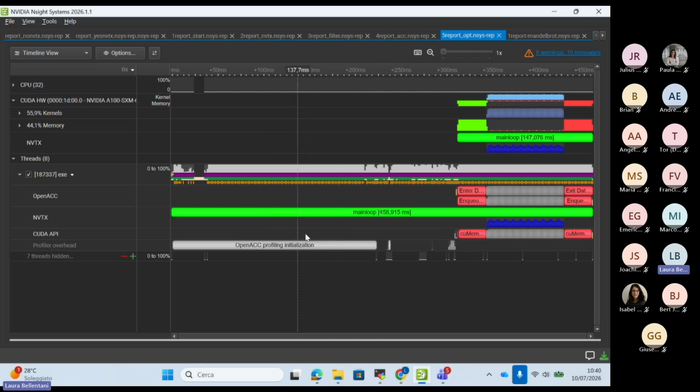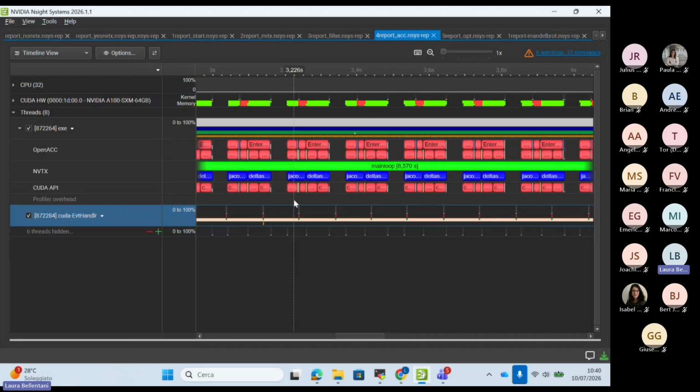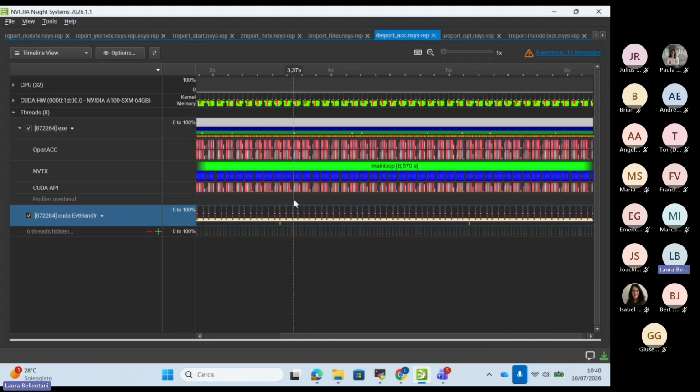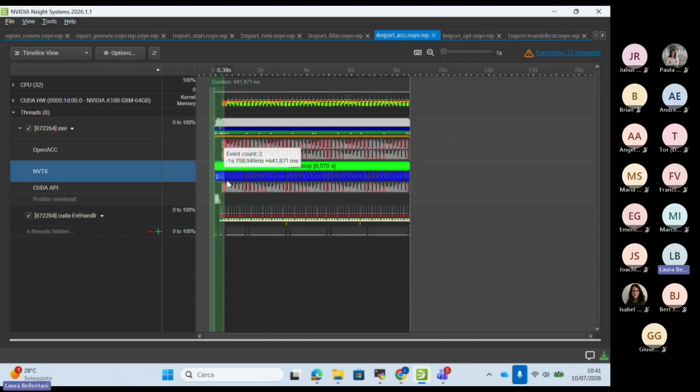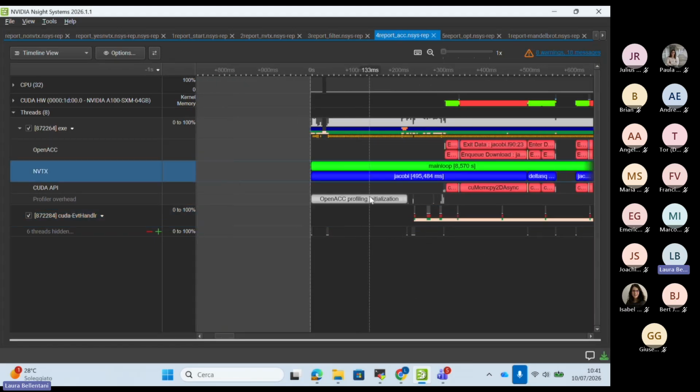And this overhead can become visible if you have short loops, short ranges. Of course, this was present also here, but we didn't notice because it was a small overhead compared to the time spent in the main loop.